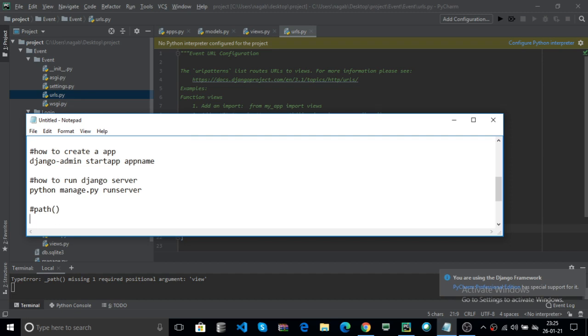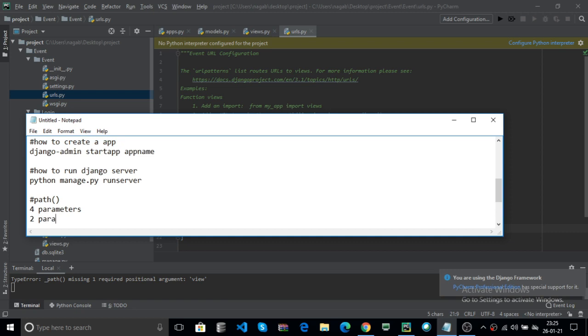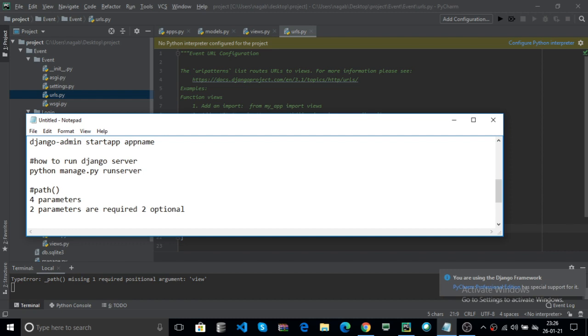Two parameters are required and 2 are optional. The first one is the route, the second one is your view, the third one is the name, and the last one is the keyword arguments.